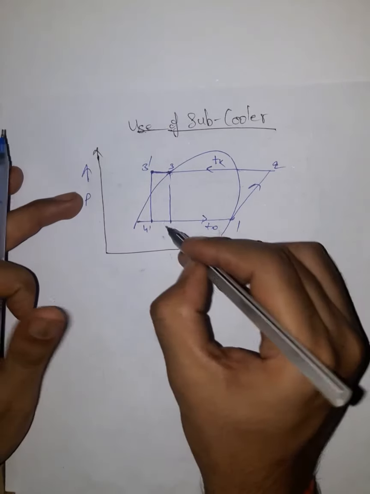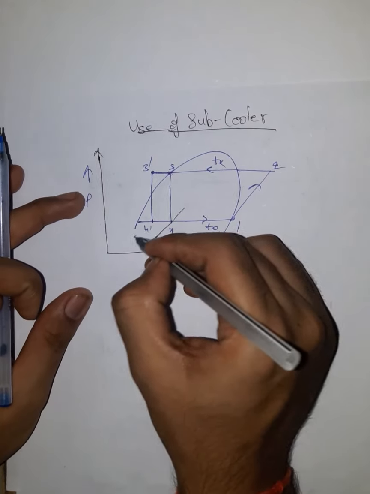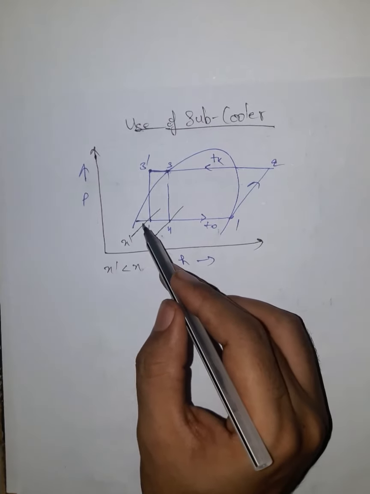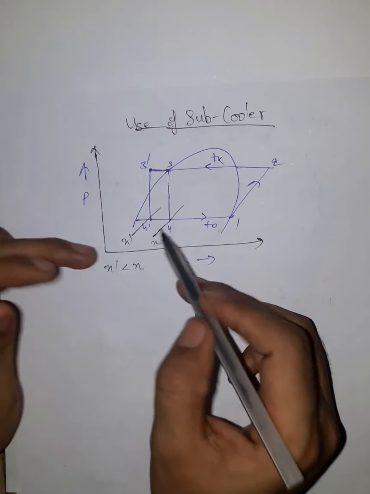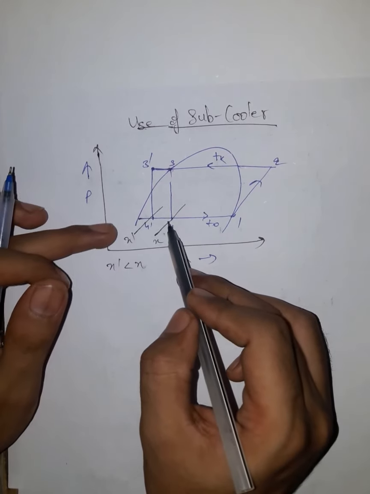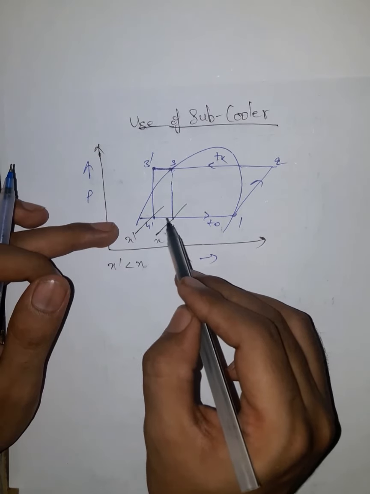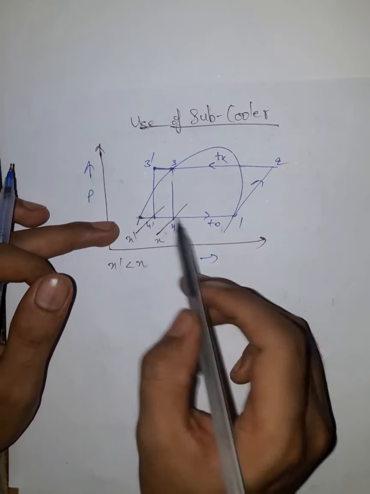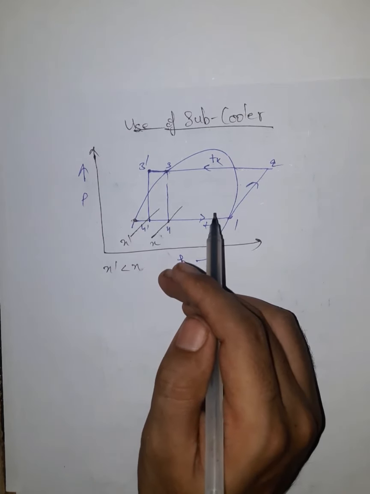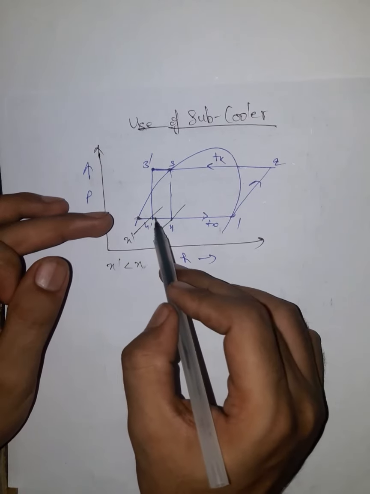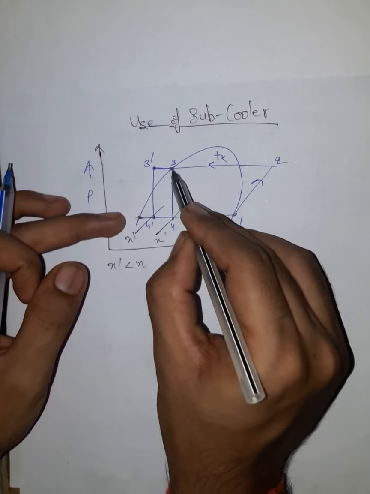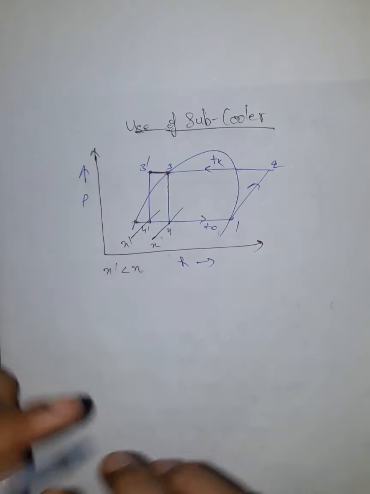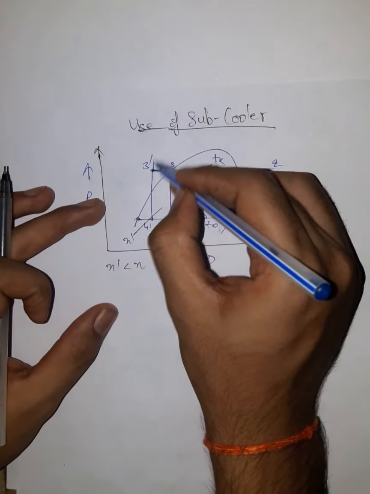So the dryness fraction over here was, let us say, x, and here it is x dash. So surely x dash is less than x. That means the moisture content at 4 was less in the previous case, but now it has increased because we are moving close to the saturated liquid line. So the liquid content of the refrigerant has increased. Now you might be thinking, why do this subcooling? You can very well tell by looking at this diagram by yourself.